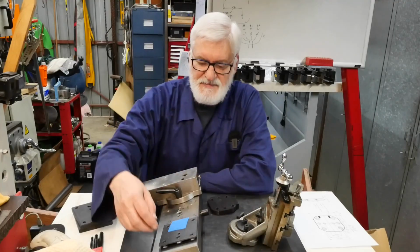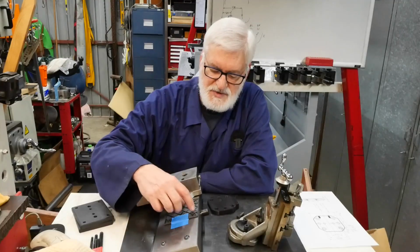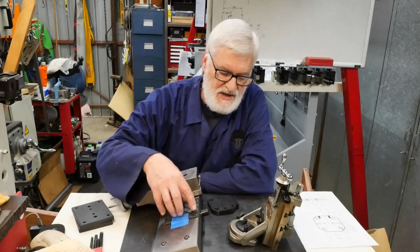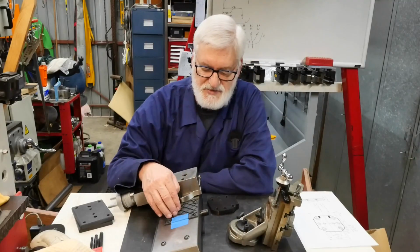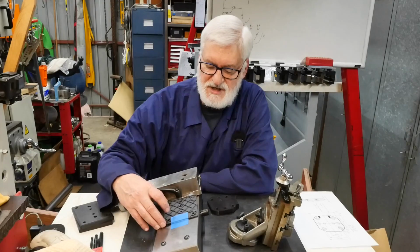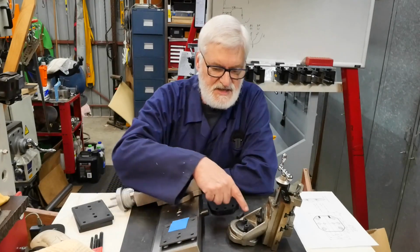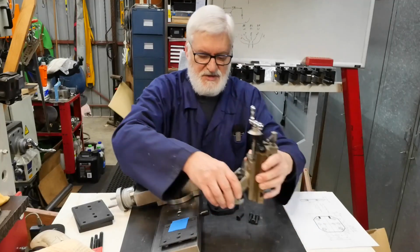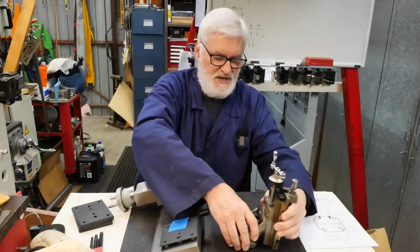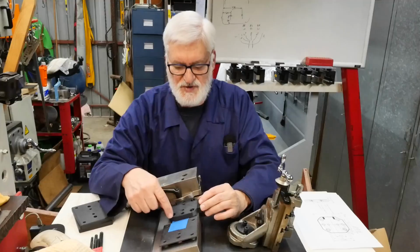So the plan is to make a plate which can fit directly onto the cross slide and then bolt this to that. We've been through several iterations working out the best option, and the first was certainly to have a square plate. The problem with that is it doesn't allow this to rotate as it can otherwise do. So Mark II of the design is a plate with rounded corners